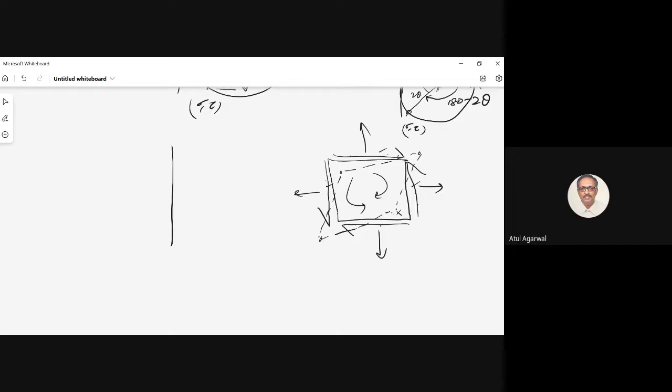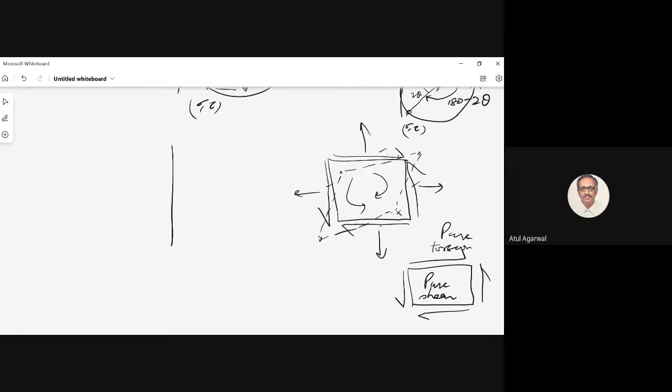So I will do a case of pure shear. What is pure shear? You're not having normal stresses on the element. This you call pure shear. You will see such a situation in torsion. When you are having pure torsion of a rod, you have done it. So this is the kind of situation you have.